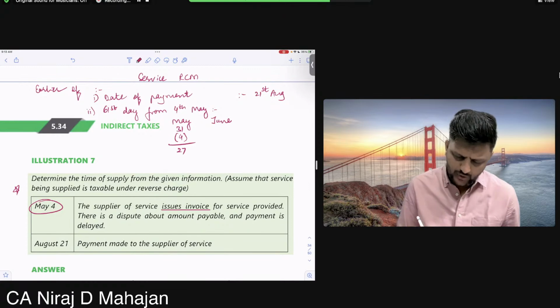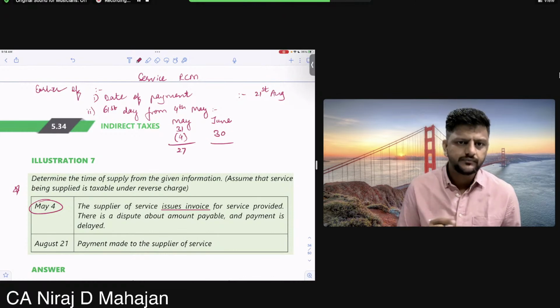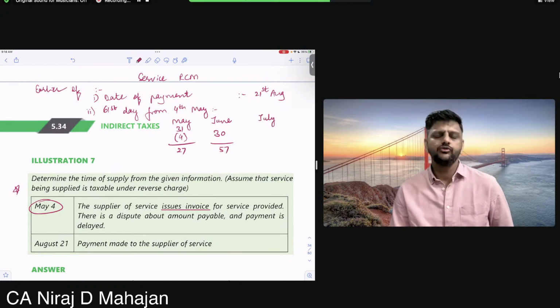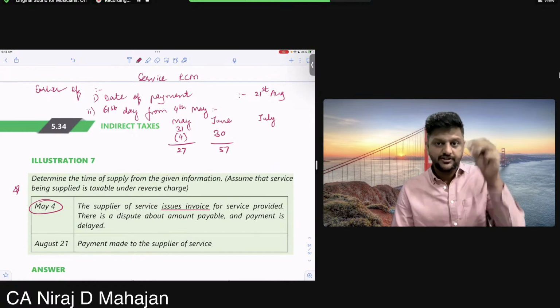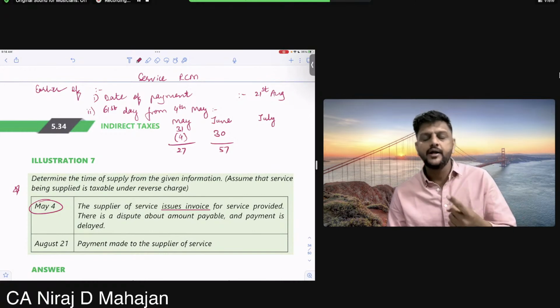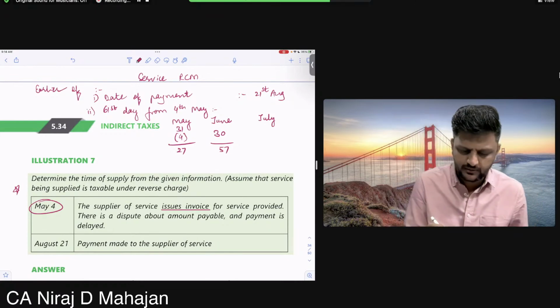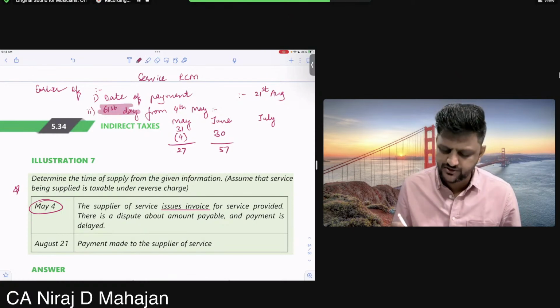Tell me, will you take entire June? Yes, 30. Where have you reached, bachcho, cumulative now? 27 and this is 57. Yes, still here? And July, so 58, 59, 60, 61. 4th July. The 61st day now I'm talking about. One day after expiry of 60 days. So I'm taking the 61st day now. Understand? The 61st day is 4th July.